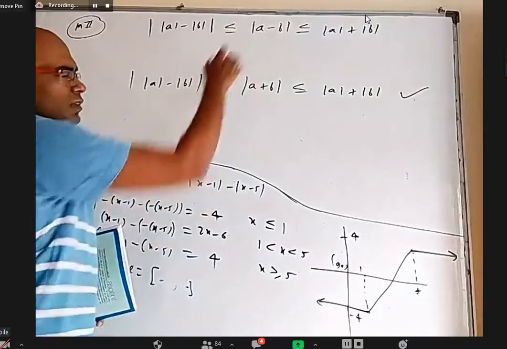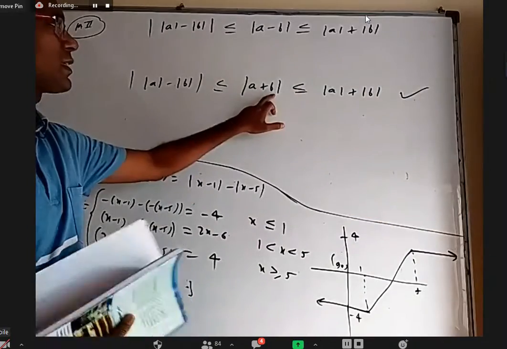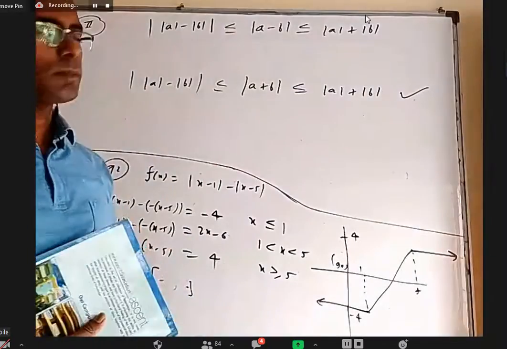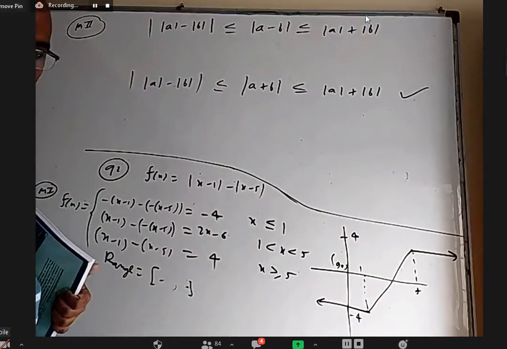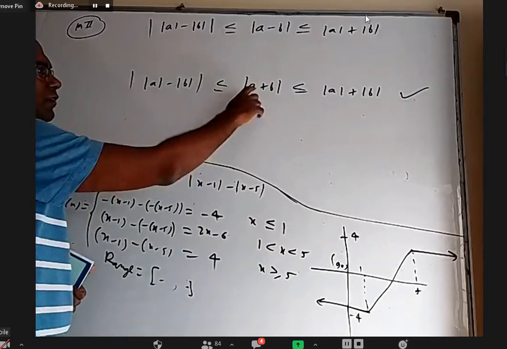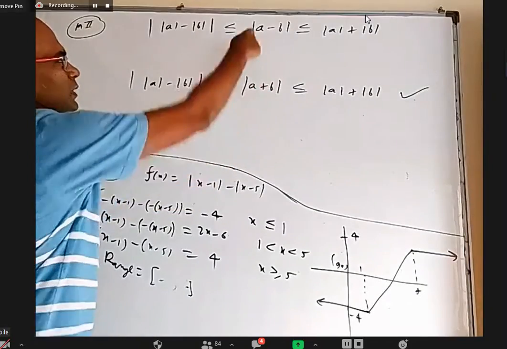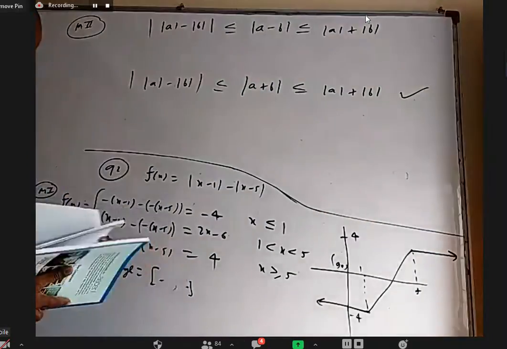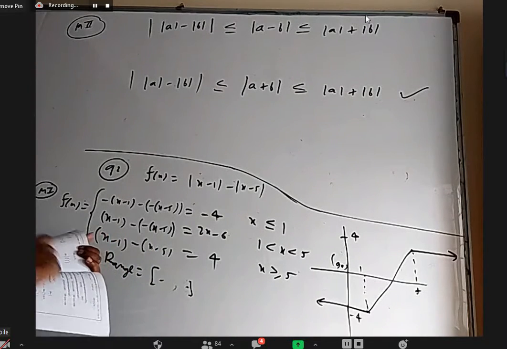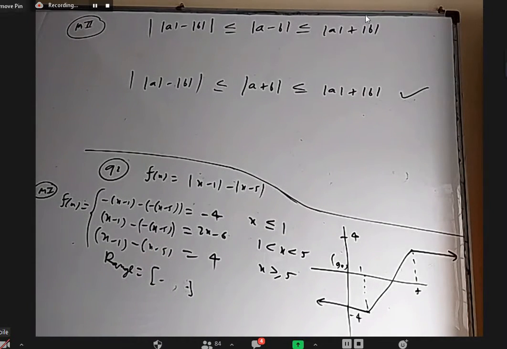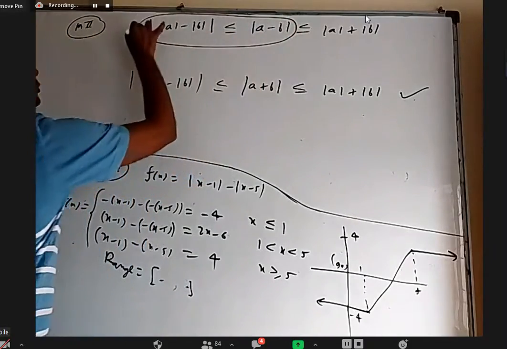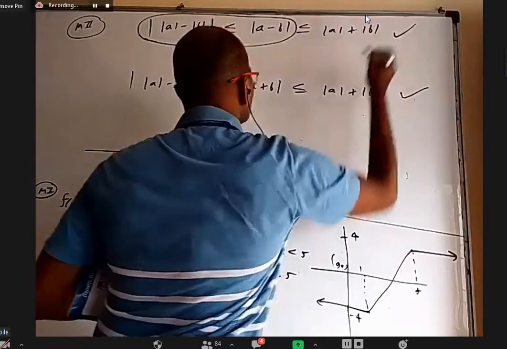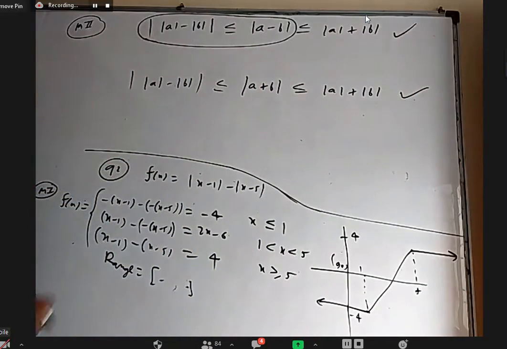From this you can understand this also, because wherever B is there, I can write minus B. I'll get this, because mod of minus B is mod B only. So no change. So take this formula. Wherever B is there, write minus B, you will get this one. Okay. So now I'm going to use this for something else. I want to take only this part. Even though this is correct, I want to take only this part.